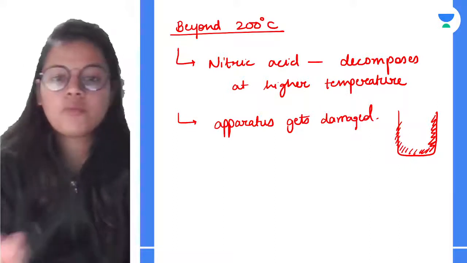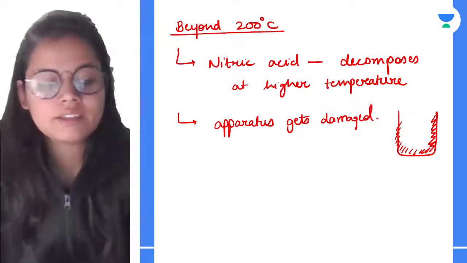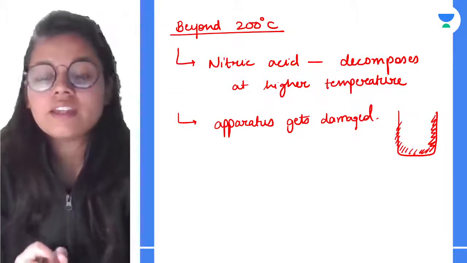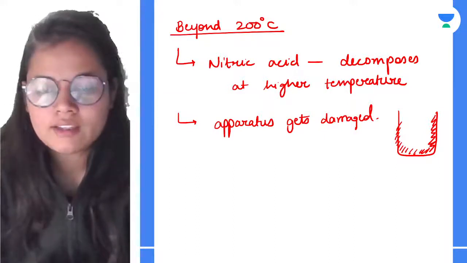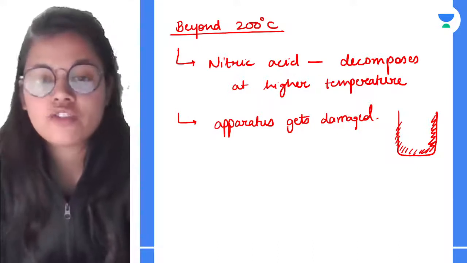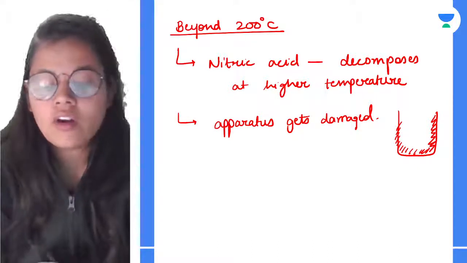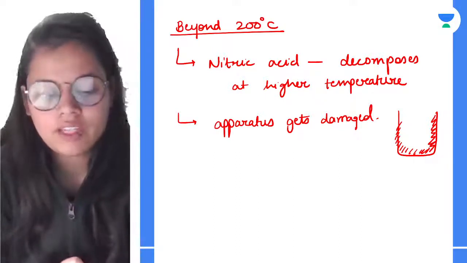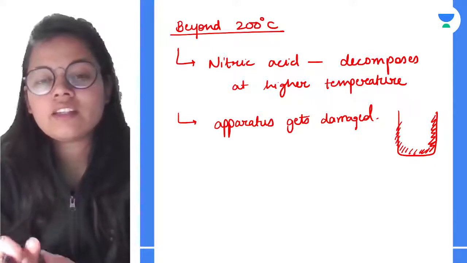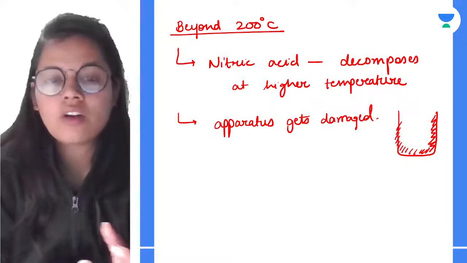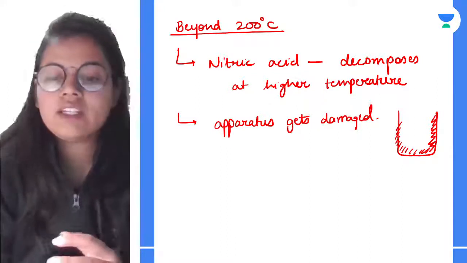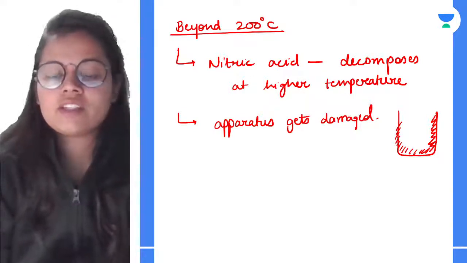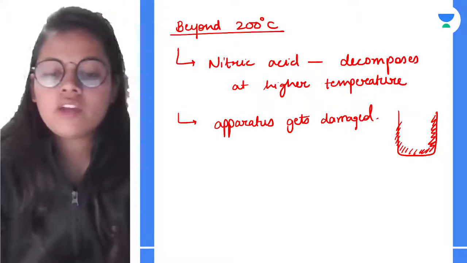Now the next important thing is that all the apparatus that we are using for preparation of nitric acid should be made of glass. Now why should the apparatus be made of glass? Because the vapors of nitric acid are very corrosive in nature. It generally damages the rubber or the cork material, and therefore we need the glass apparatus. I hope things are very clear up till here. Moving on to the next,